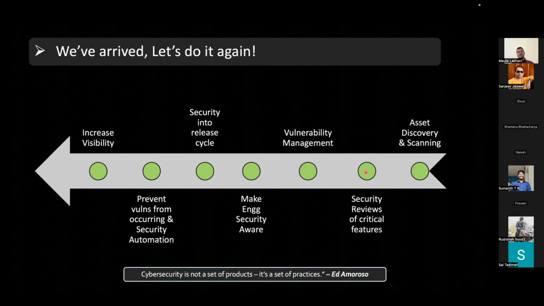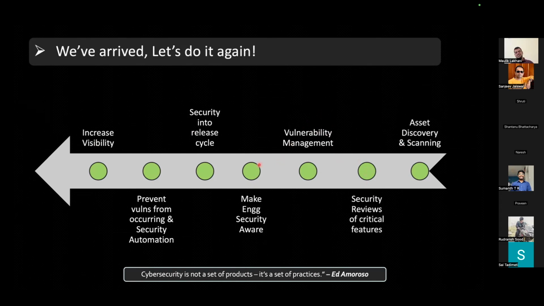Every year, you are again going back to those critical features and maybe performing a sanity review again. For example, if there was an integration done 2 years back, at that time you had reviewed it. But now after 2 years, let me review it again and see if there are any changes which were not discussed in that 2 year journey. Then vulnerability management will keep becoming a continuous exercise for every security issue.